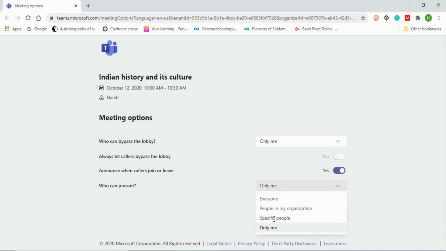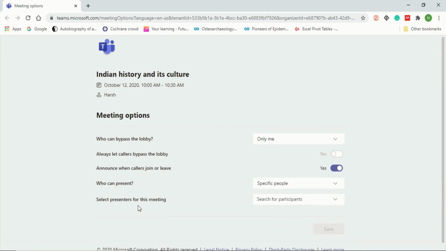But if you want specific people, you can click on that and search for the participant. Like I have invited Sunny Sharma, so I can give him the right to present in the meeting. But any other person who tries will not have the rights to do that, because I pre-planned everything in my meeting. So this is how you will do it.